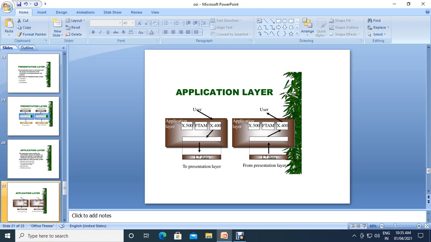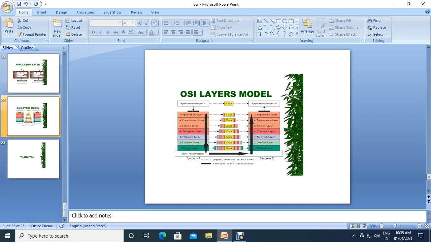That application is transformed into the data format and sent to the presentation layer in the sender machine. Okay, in the receiver machine, from the presentation layer the data is sent to the application layer, so the user can access the data whatever he wants using some application. Like that, the information is going one by one.